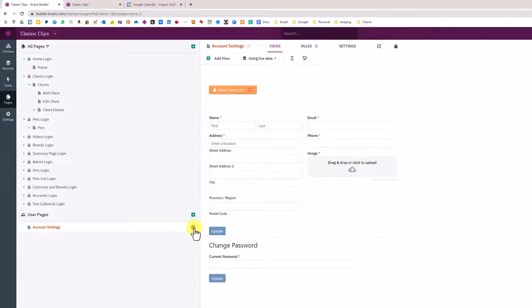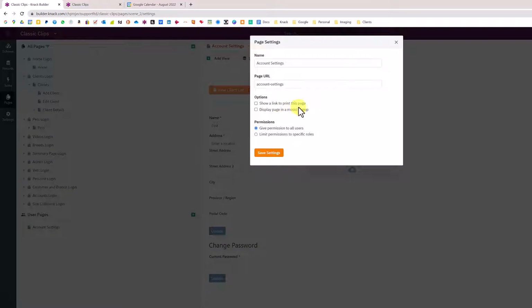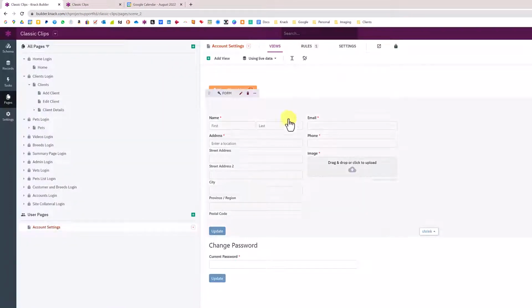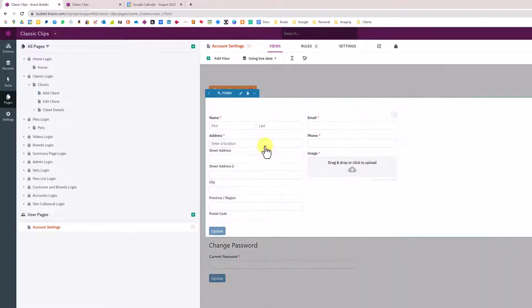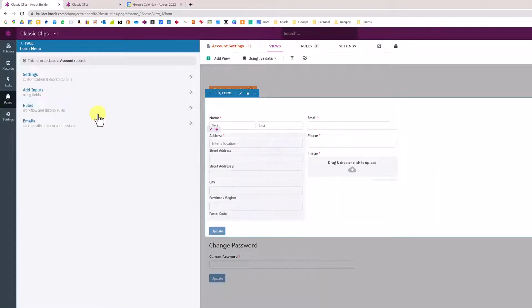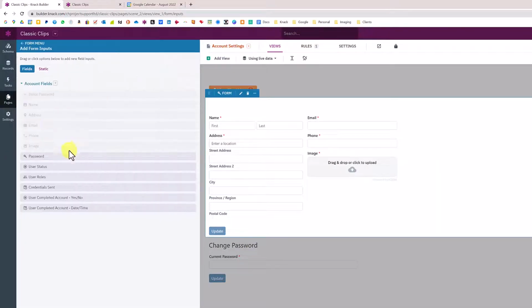Now I've set this page so that it's a full page. It's not a modal pop-up, so it will display a full page. And on the page are the 2 standard components: a form for editing her account and a form for changing the password. This form updates her account, and on here I've added the inputs to put her address, phone and image. We want her to add these, which are mandatory: the address, the phone and the image. When she saves the form,